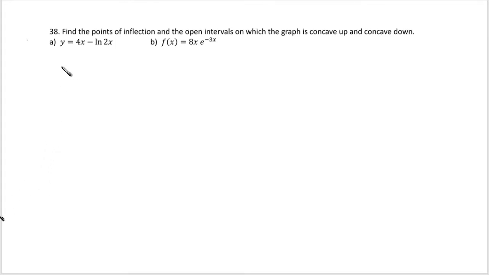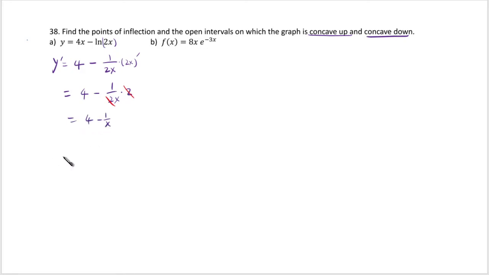Question 38. Find the points of inflection and the open intervals on which the graph is concave up and concave down. Okay, so concave up, concave down means you need the second derivative. So let's differentiate this. Y prime is 4, and then log of x is 1 over x, so it's 1 over 2x, but because 2x is nested, you have to make a copy of that and differentiate. So that's going to be 4 minus 1 over 2x times 2, and then 2 cancels,